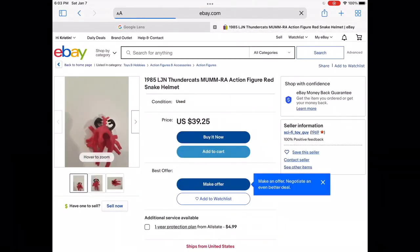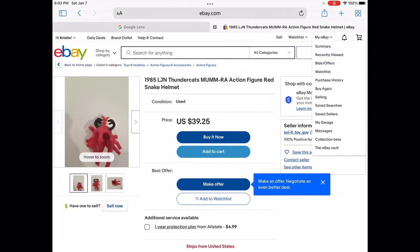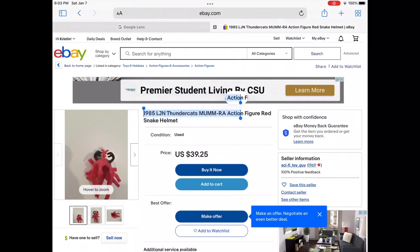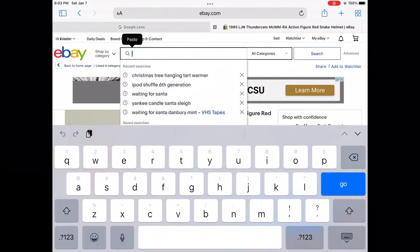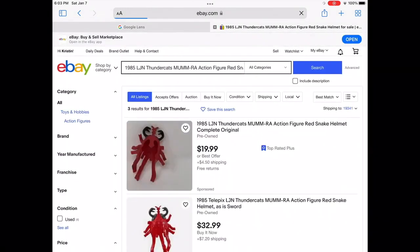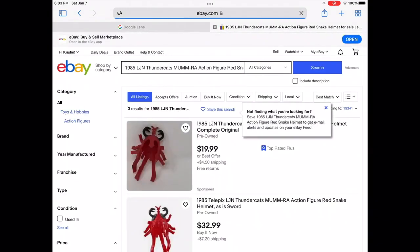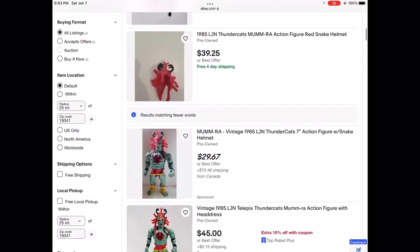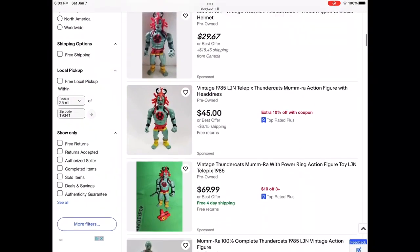Now I want to see how many of these are out there and what actually sold. So I'm going to copy and paste the title of this item into the search box up top. So I'm just hit copy and then paste. That's going to search for all items that are currently listed. So I've got one for 19, one for 32, one for 39, one for 39. So they're all priced